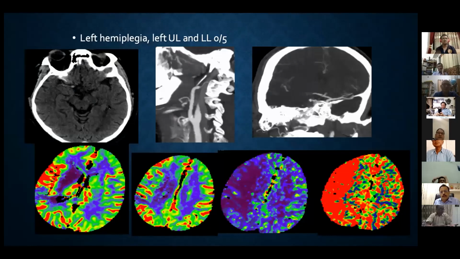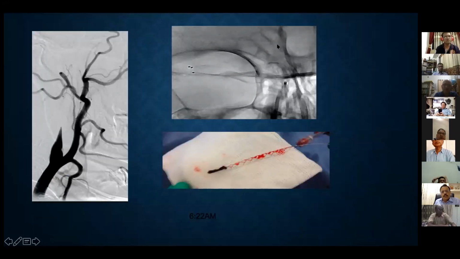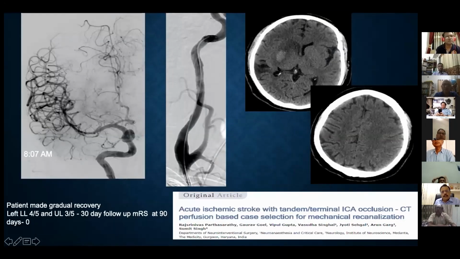This is one of my old cases from when I was in Medanta, hyperdense MCA. We saw on CT angiogram an intracranial ICA occlusion, and you do a CT perfusion. Cerebral blood volume here is very low. This is the core, while there is a big area of hypoperfusion on the right side. A good case for intervention. We open up the artery, and the next day CT scan will show again, it sort of validates the CT perfusion, only a small infarct in the basal ganglia, and we published this case, and